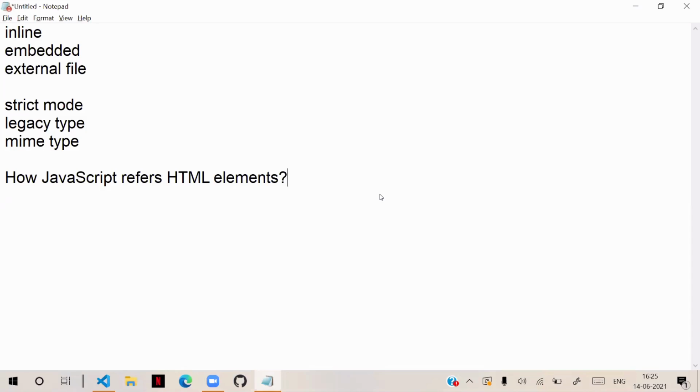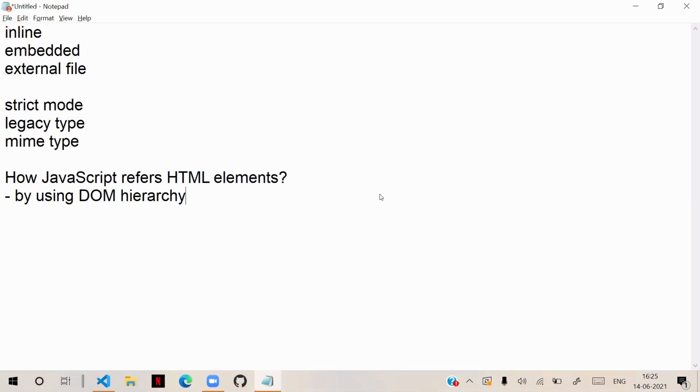Let's see. Actually, there are various reference techniques, different types of reference techniques. JavaScript can refer to HTML elements by using the DOM hierarchy.